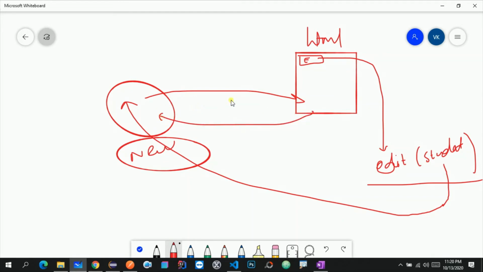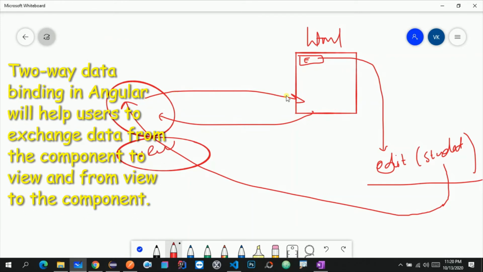So this is called two-way binding. Over here you can see these two arrows. These two arrows denote that whenever the object gets changed, the form values will get changed, or whenever the form values get changed, this particular object will get changed. Let's say, for example, the percentage in this old object is 70.